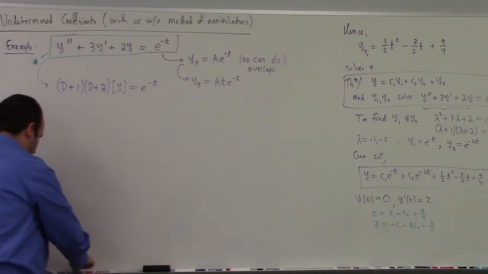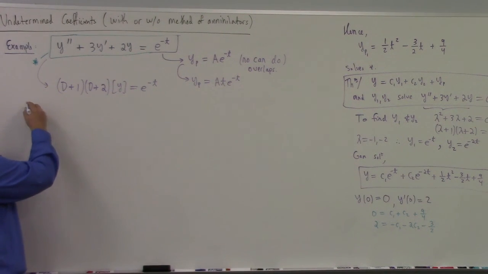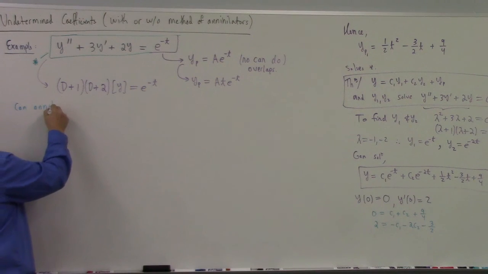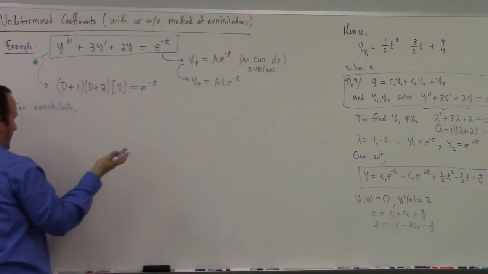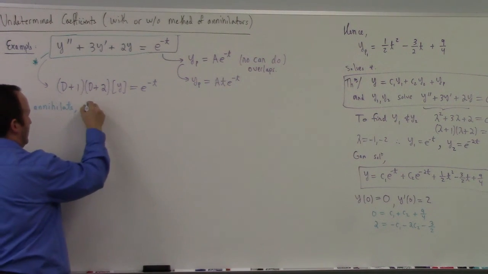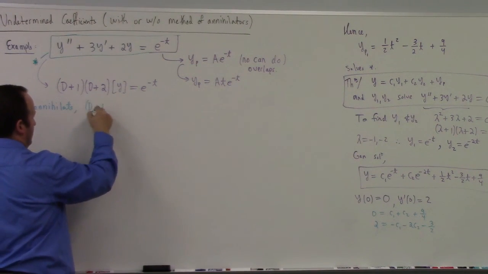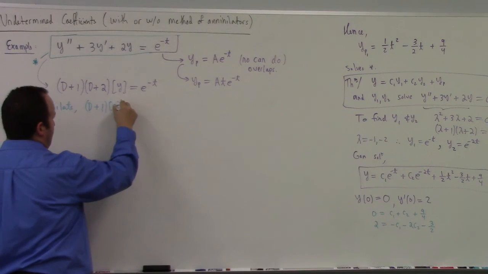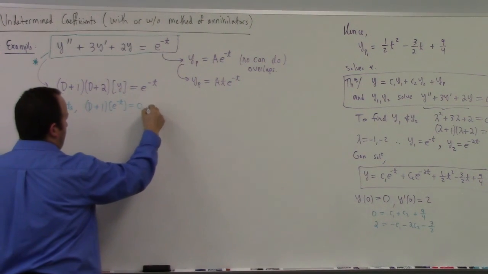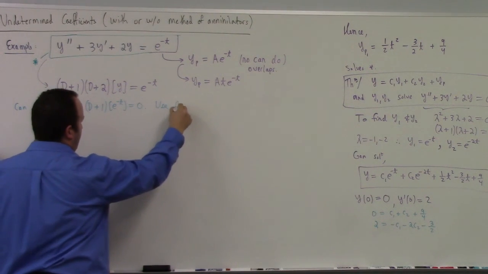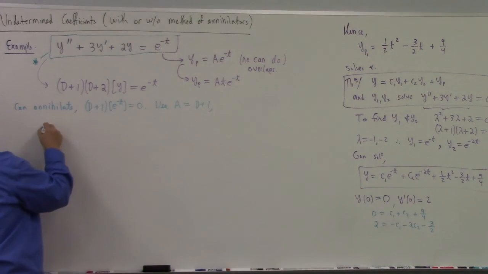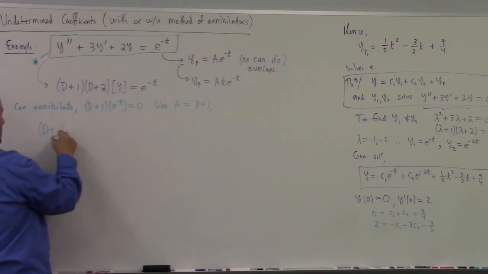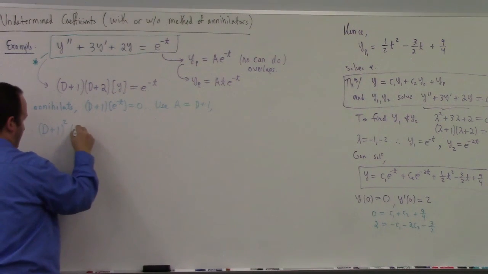But you know, I hope, that we can annihilate. The goal of the annihilator is to find the smallest one that does it for you. So in this case, D+1 you can't beat. D+1 on e^(-t) is 0, right? So we can use A = D+1 in the method of annihilators. And so we get (D+1)^2 (D+2)